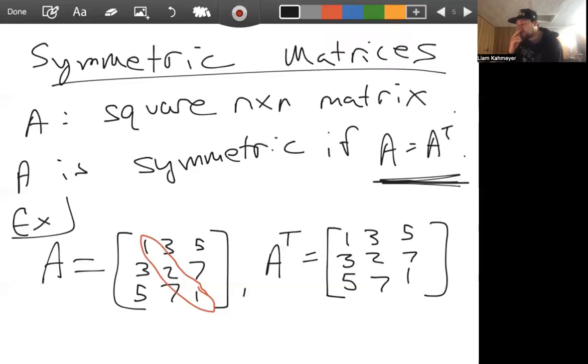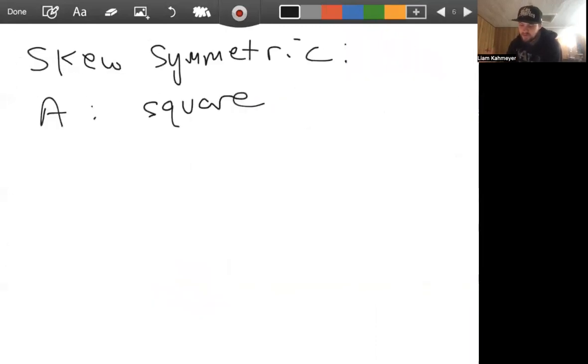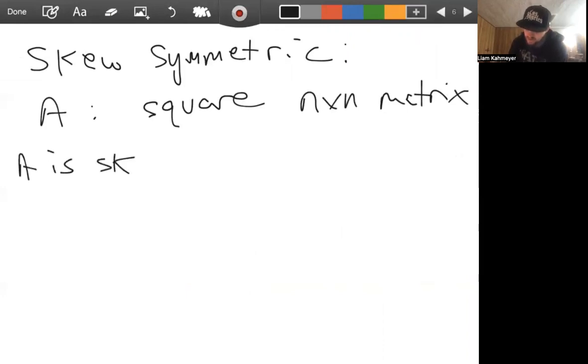The second you have a different number of rows and columns, when you flip those, that's inherently a different matrix. So symmetry and skew symmetry for matrices is always going to be for square matrices only. So this is a square n by n matrix again. And then we'll say A is skew symmetric